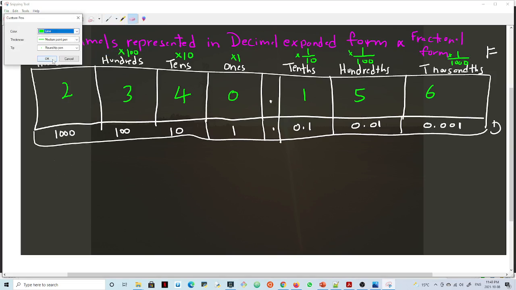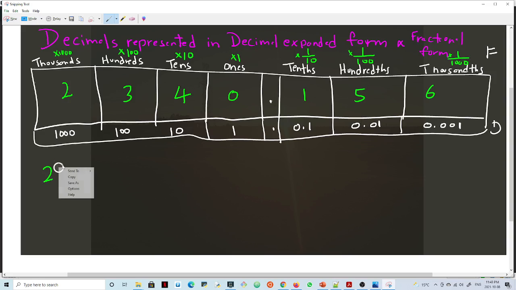We're going to get in this case 2340, because this is a whole number component, plus the fractional